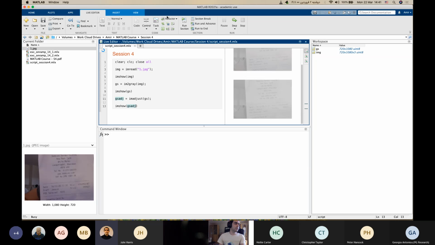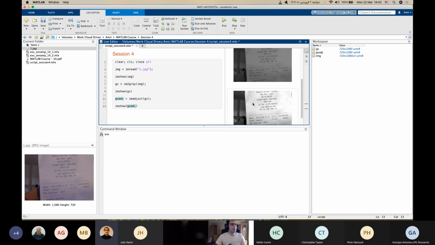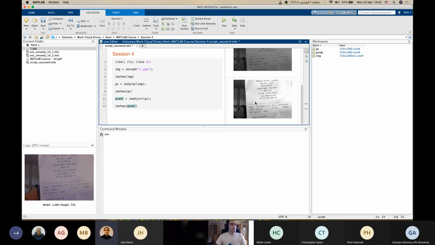And if I run this section, it is going to go through the lines. You can see which lines it's going through, and then we can see the output. So this is now the adjusted intensity image. It looks obviously a lot better already. It's more visible. We can see the text. I can actually read some stuff, and I can read them, but it's not really nice. So